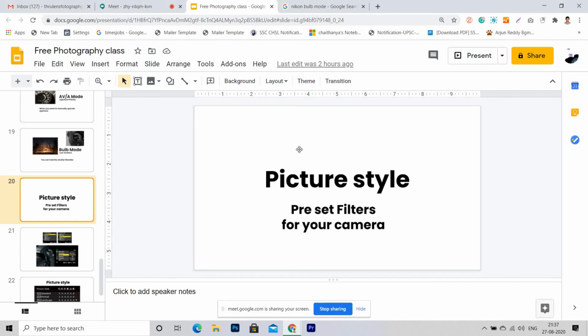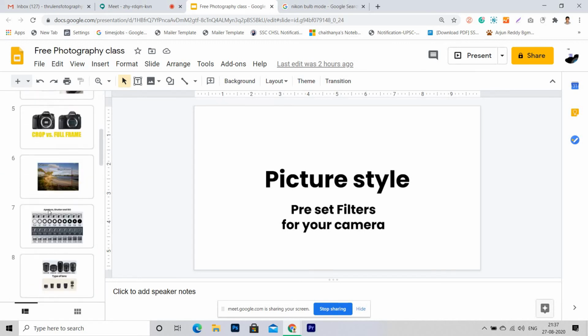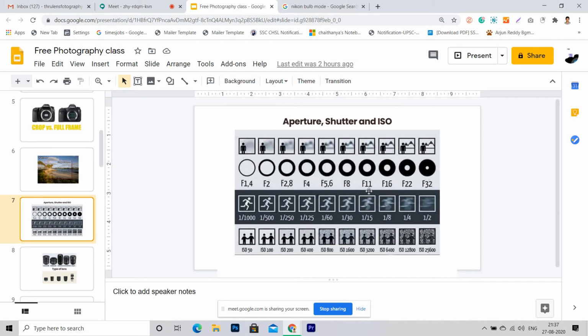So if you keep f11, as I showed you in this class, there is less space for light to enter, so automatically shadows will come next to the hill, and darkness will be there.